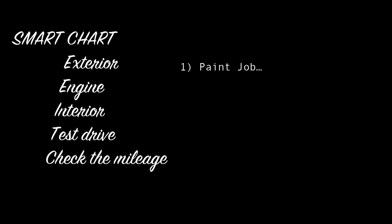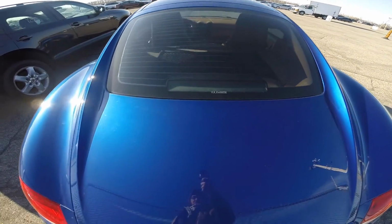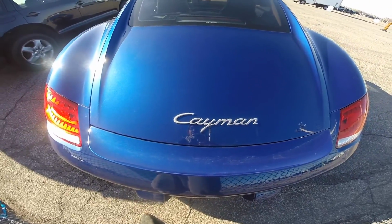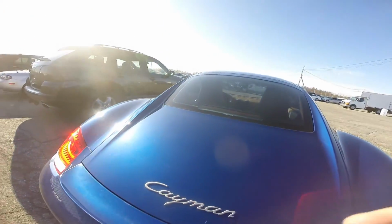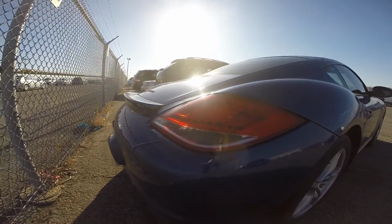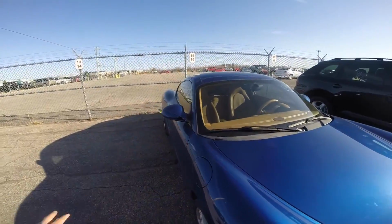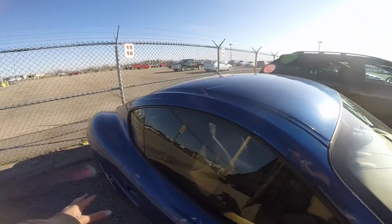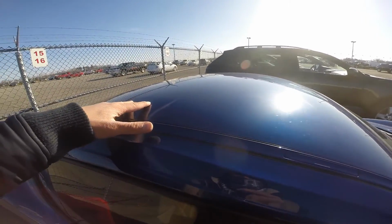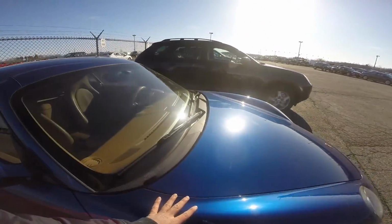Paint job. You're looking for inconsistencies in paint job. Panels that seem to be lighter or stronger in color than the rest of the car. Usually you need the sun to be shining bright in order to see how the light plays on the paint. So, first of all, to check the paint, start with the roof and start from there, and everything should